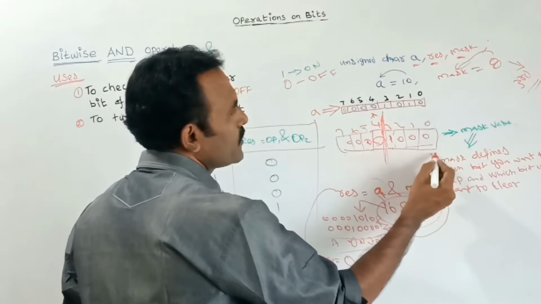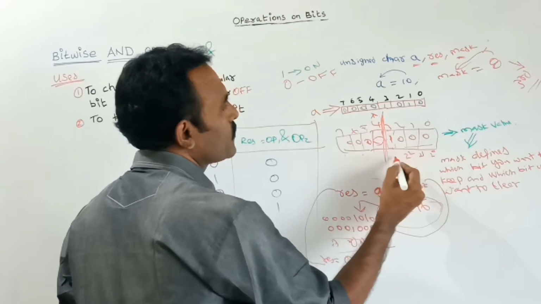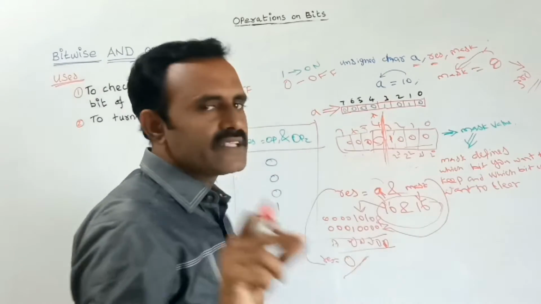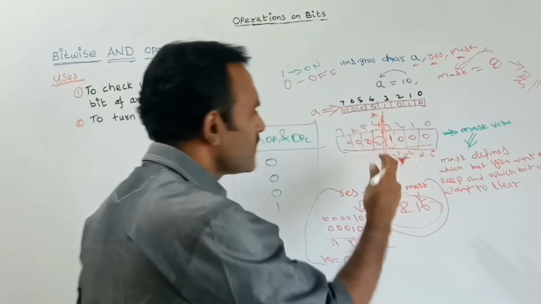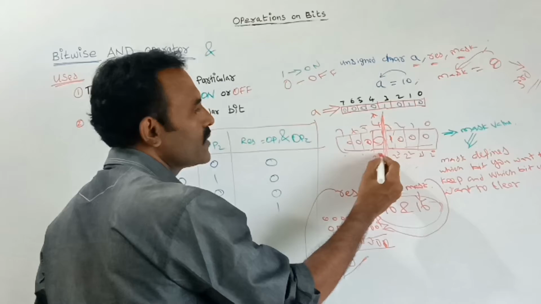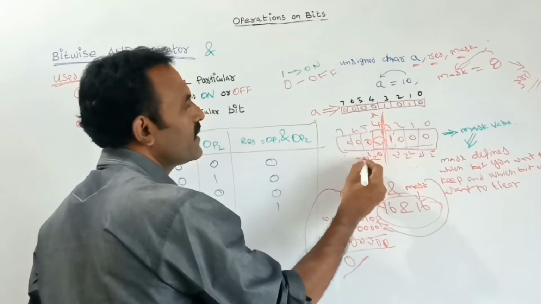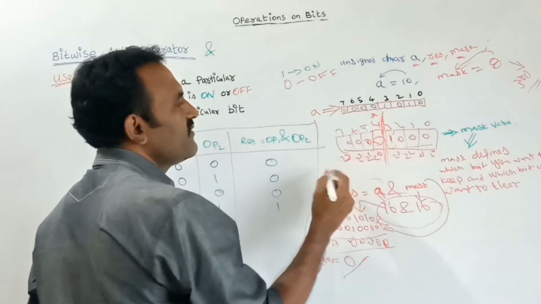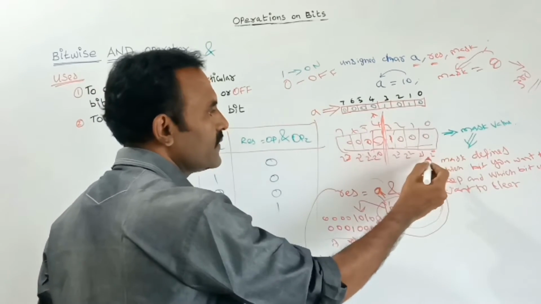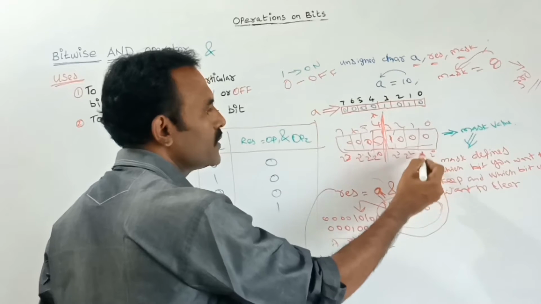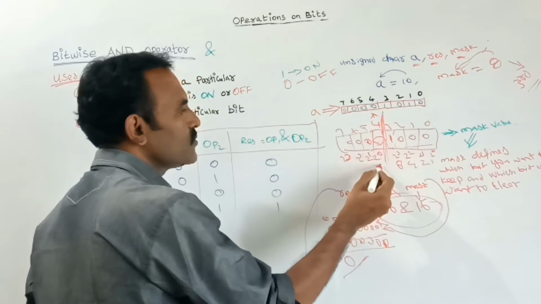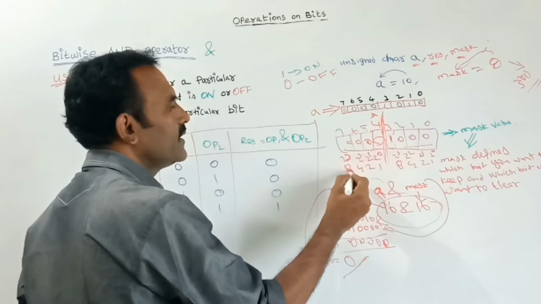First 2 to the power 0, 2 to the power 1, 2 to the power 2 and 2 to the power 3. This part is a nibble, that is, it takes 4 bits. It starts from 2 to the power 0 to 2 to the power 3. In this way we can convert binary to hexadecimal also. Here 2 to the power 0 is 1, 2 to the power 1 is 2, then 4, 8. For this part also 1, 2, 4 and 8.